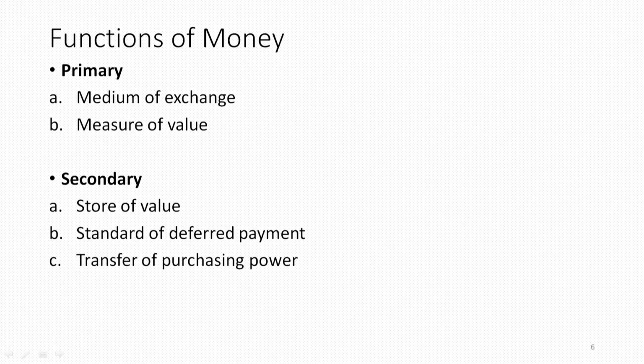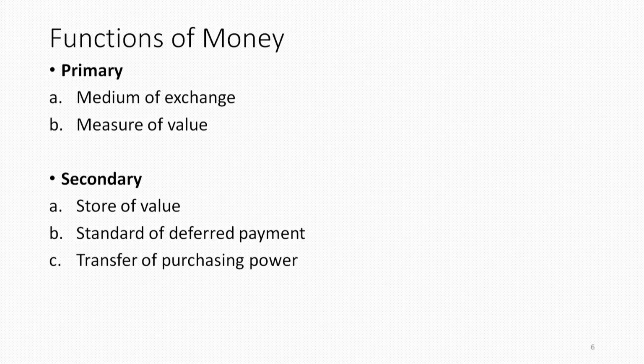When we come to the functions of money, they can be categorized into three forms. One is the primary function, the other is the secondary function, and the third is contingent functions. When primary functions of money are concerned, two main functions need to be discussed. One, money being a medium of exchange. Medium of exchange implies that today we can go and buy anything in exchange for money. We go to a grocery shop, buy something and give a 100 rupee or a 500 rupee note and we can easily get it.